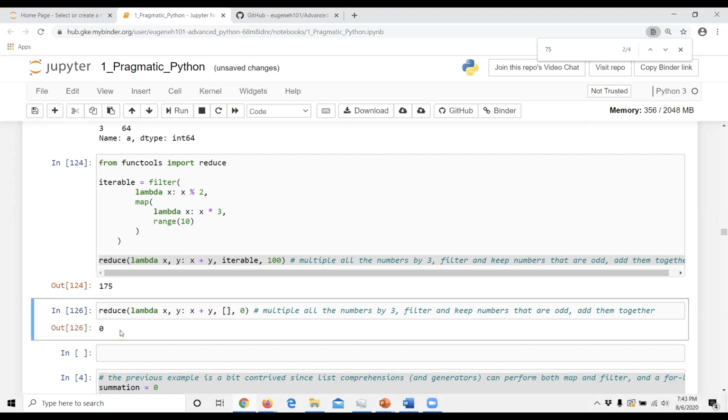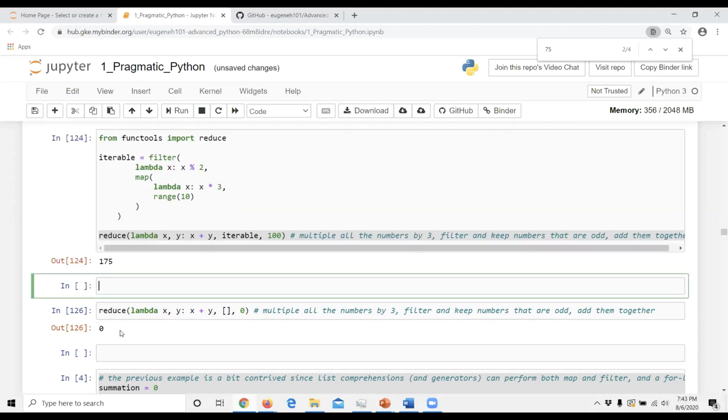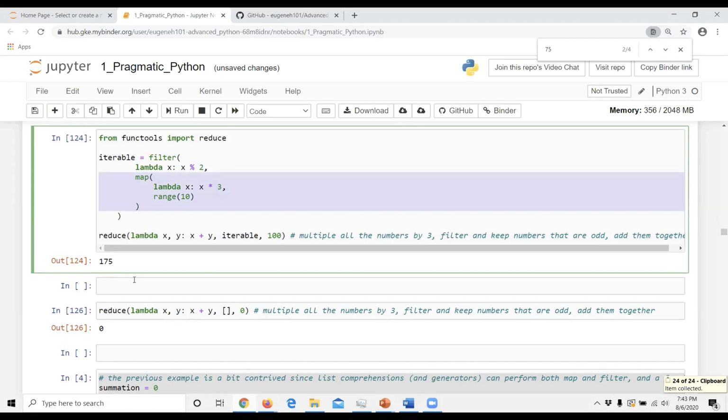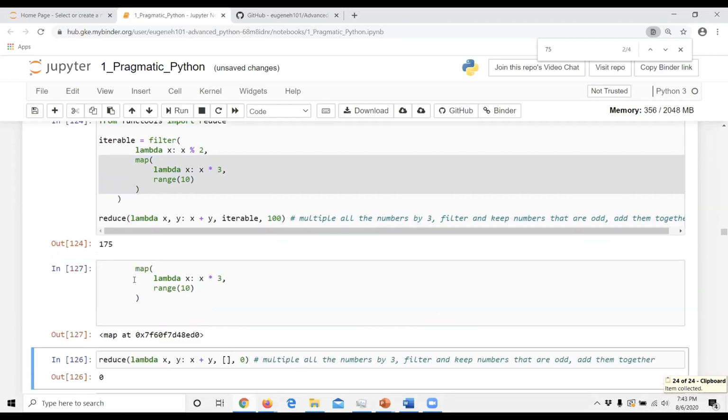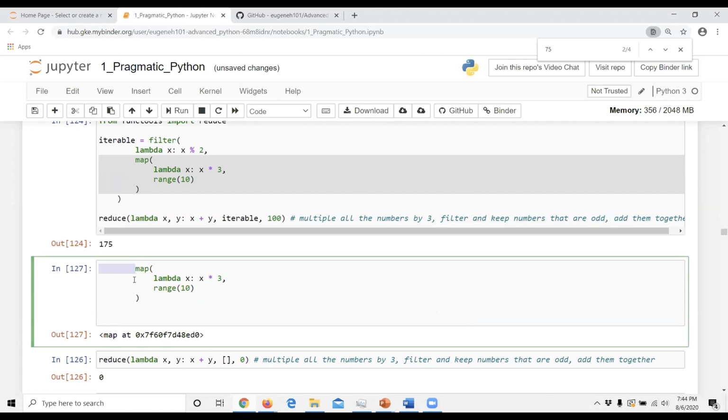So you mentioned that map and filter are lazy but not reduce operators or methods. Is there a way for us to check if anything is lazy executable or not, or do we have to just look at documentation? Well, documentation definitely helps. But what is the result of a map operation? It's a map object, right?